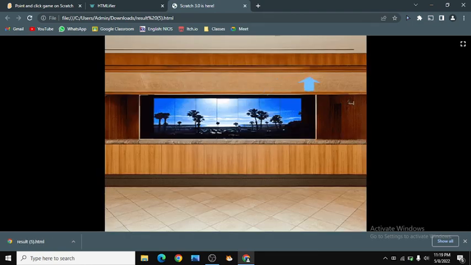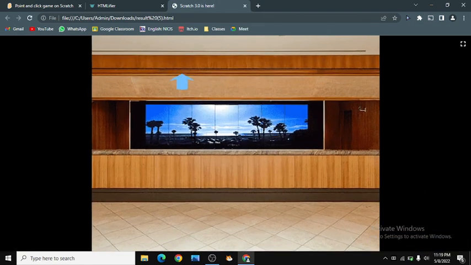Okay. Let's see. So now this is how it looks. This is now currently running on 60 FPS in Scratch. Scratch actually just allows 30 FPS, but by using HTMLify, we are able to crank it up to 60.